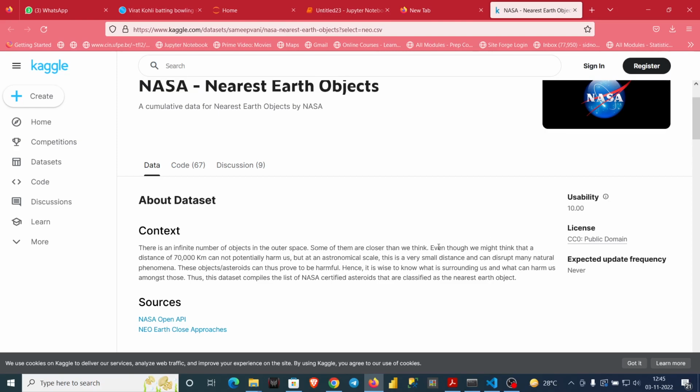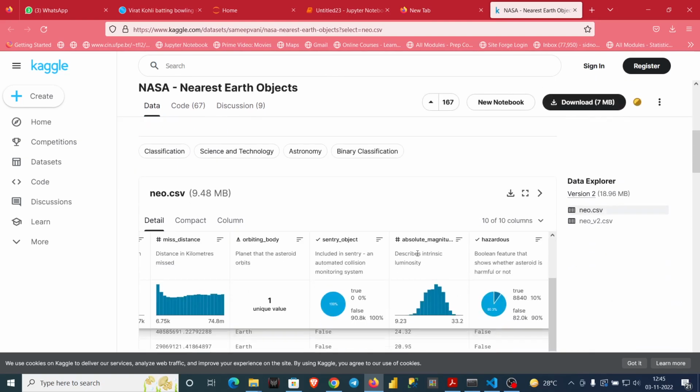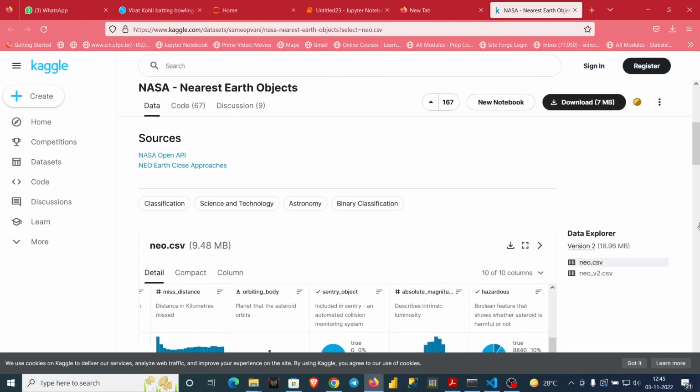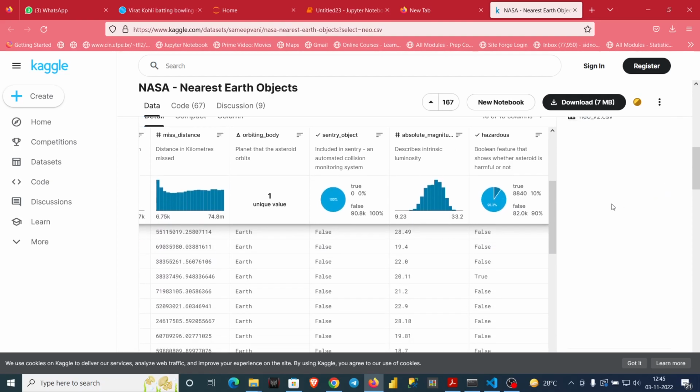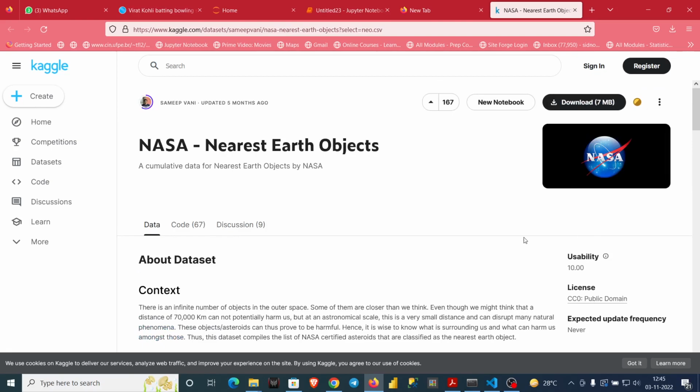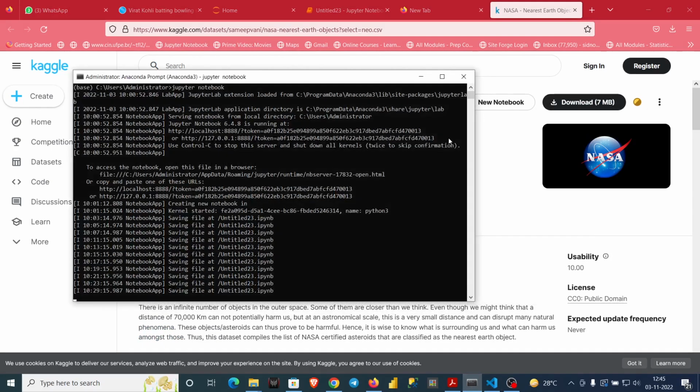Even here it's written that even though we might think a distance of 70,000 kilometers cannot potentially harm us, on an astronomical scale it is a very small distance and can disturb many natural phenomena. So now we have to classify those objects. Okay, so let's move to the